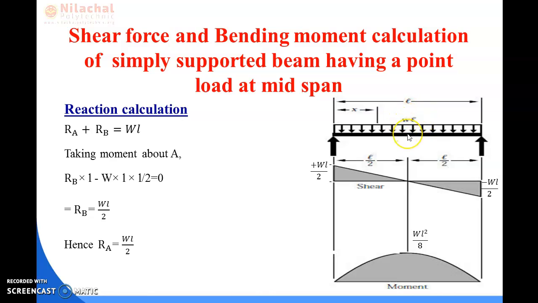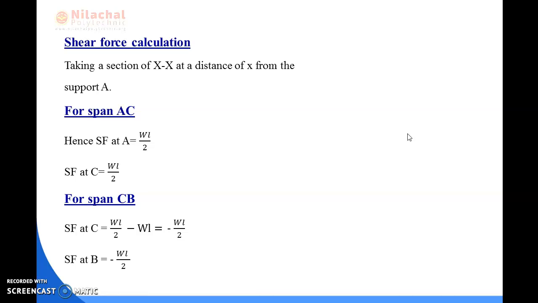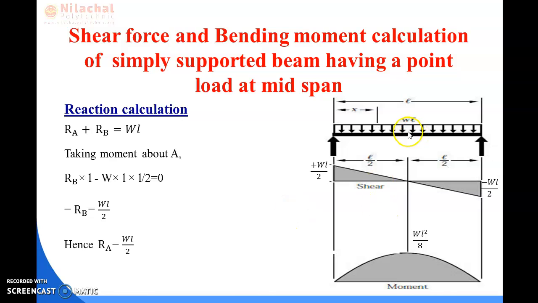The UDL value is W into L, that is the UDL we have already converted into point load. So we deduct this portion from the WL by 2 because in span CB,